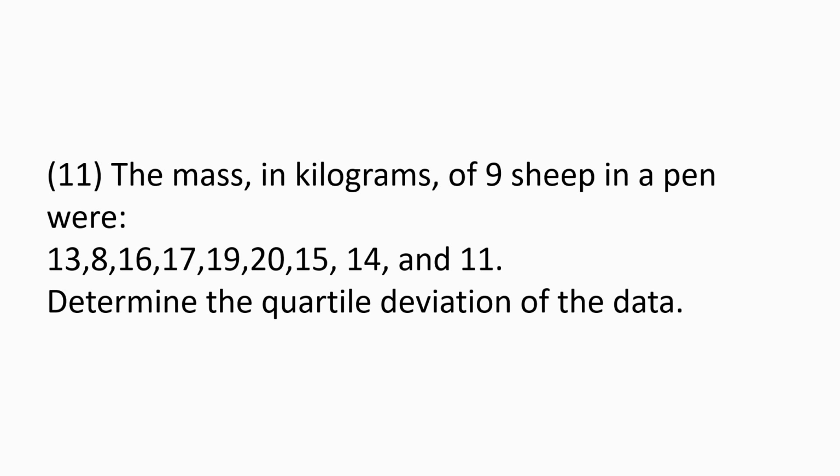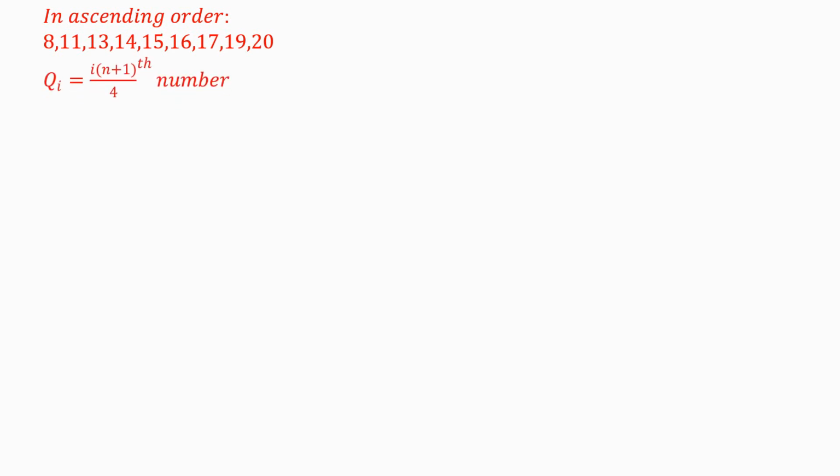That is how you obtain the quartile deviation. The first step is to arrange the masses in ascending order, and we have them as 8, 11, 13, 14, 15, 16, 17, 19, and 20. Then the general formula for obtaining the quartile position is i times (n plus 1) over 4, where i is the quartile number, and n is the total number of items under observation,